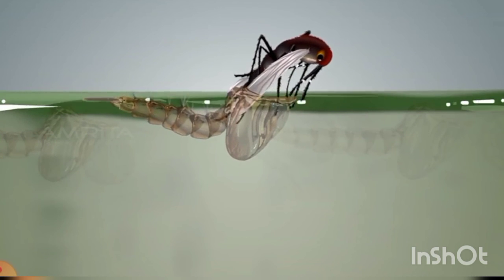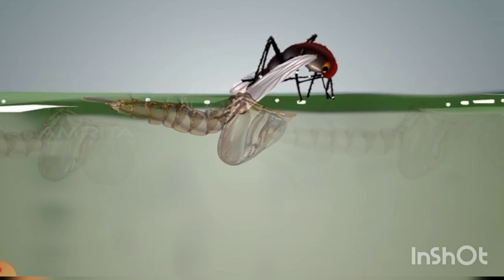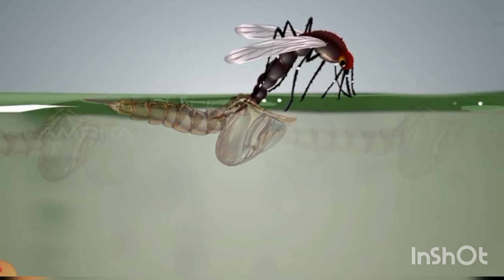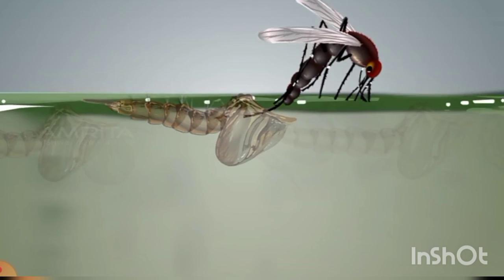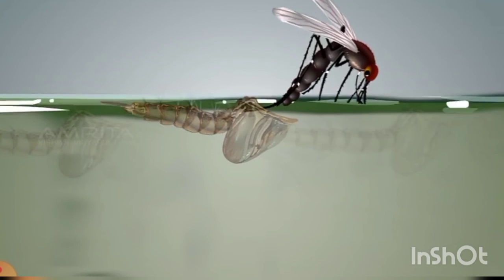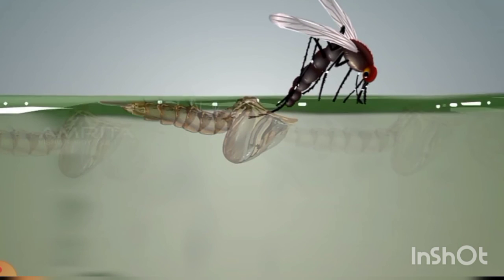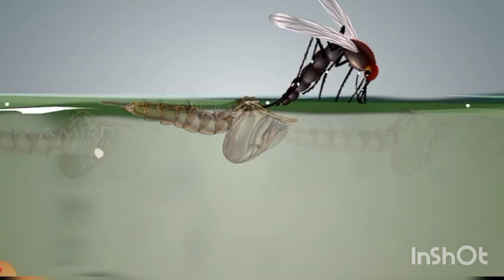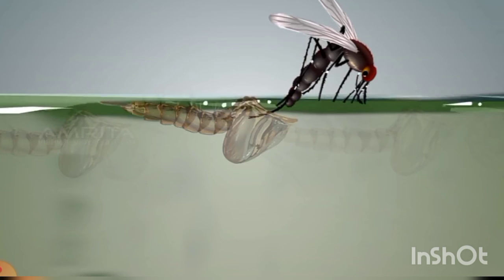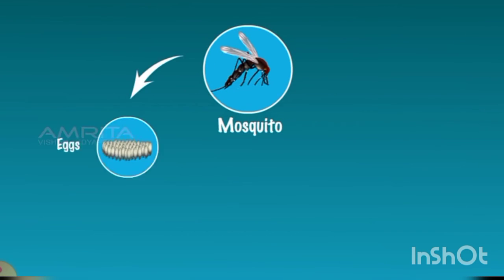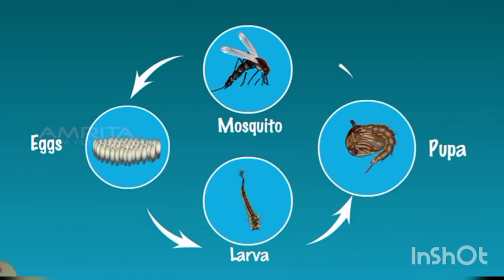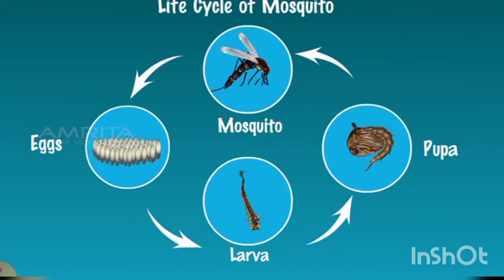The pupal skin splits along the top of the case when the adult mosquito is ready to emerge from the pupae stage. The adult mosquito slowly and carefully works its way out of the pupal case. The newly emerged adult rests on the surface of the water for a short time to allow itself to dry and all its parts to harden. The wings also need to spread out and dry properly before the mosquito can fly. Adult mosquitoes are made up of a head with 2 large compound eyes, a thorax, and a pair of scaled wings.